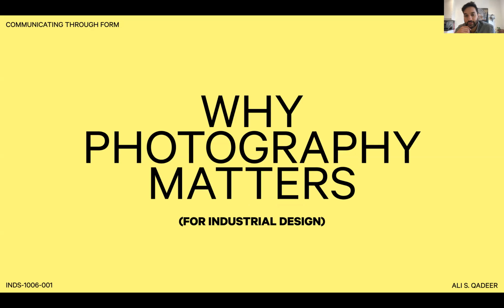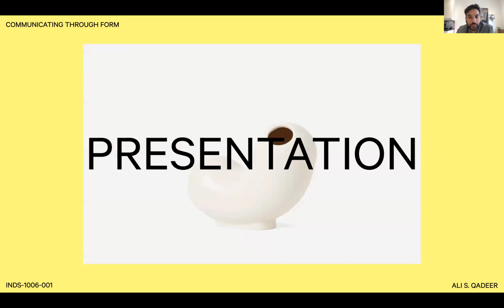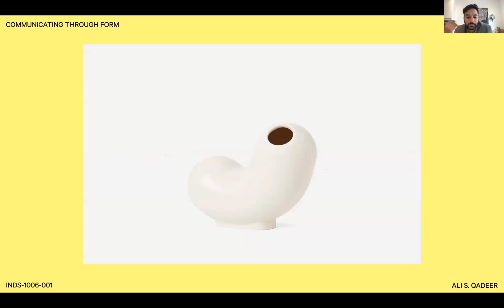Here's why we're going to learn some basic facility with photography and why it matters to you. In other words, why photography matters for industrial design. Firstly, for presentation. As you develop products and artifacts, it will be crucial to photograph them in such a way as to ensure their essential character is revealed. Through photography, you can take an idea, sketchily demonstrate it in a prototype, and articulate and perfect it. How you photograph your work will determine how people will see your work.